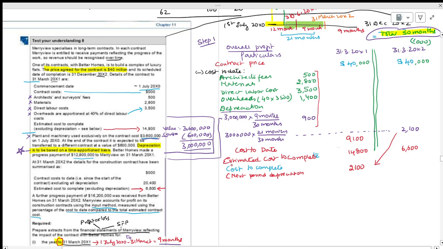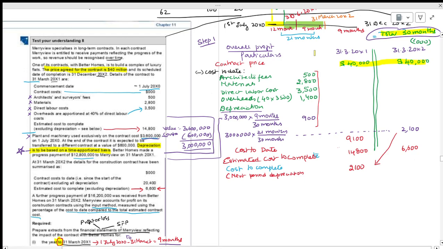See, this is, understand my point? This much is the cost to date. Okay, cost to date is how much? We have this clearly in the beginning. Okay, this is the contract price. Now we want to know what is the cost